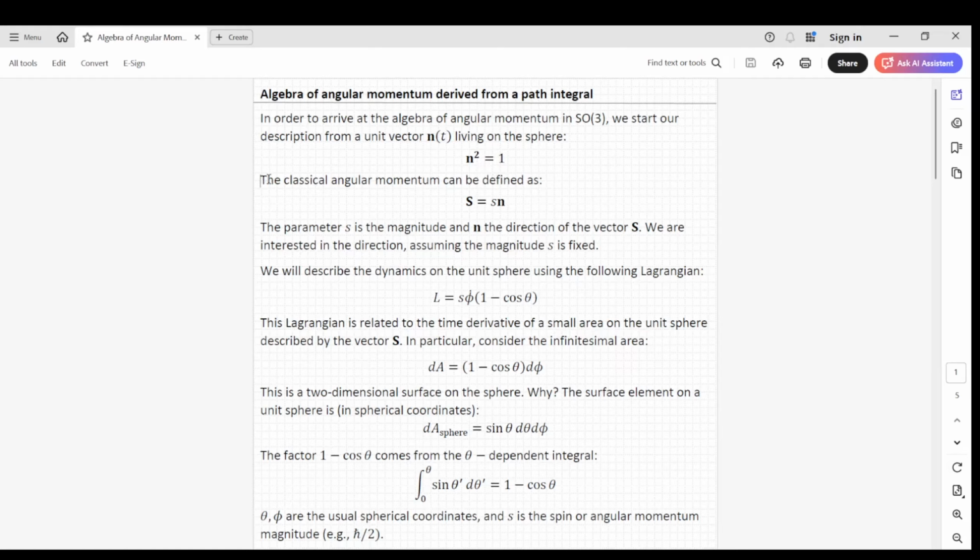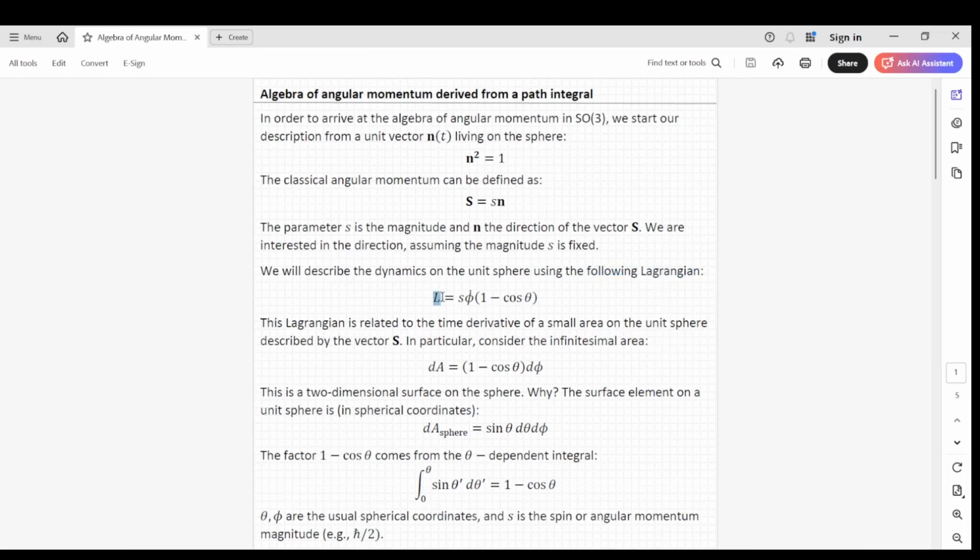And we can define the classical angular momentum as a vector capital S equal to little s times this unit vector n. So basically the parameter s is just the magnitude of the vector capital S, and n is the direction of the vector S. So we are, in this case, interested in the direction of this vector, assuming that the magnitude little s is fixed. So we want to describe the dynamics on the unit sphere using the following Lagrangian that we will explain